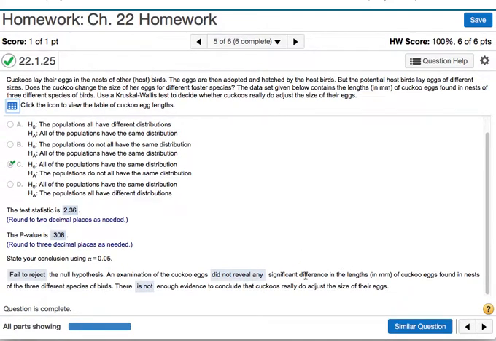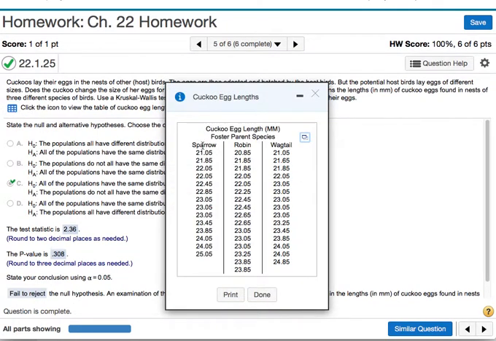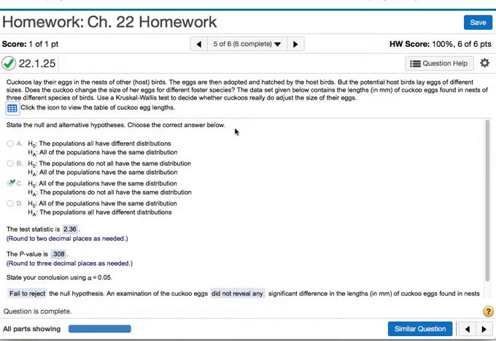So, what does this mean? This means that it's not necessarily true. There's no strong evidence proving that cuckoos change the size of their eggs when they lay them in different birds' nests. So cuckoos are really bad birds. They destroy the eggs of the parent birds, and then they lay their own eggs inside of the nests, and then the parents raise the cuckoo birds. Sounds like a lot of lazy people in the world. Alright, well that's that. Then,